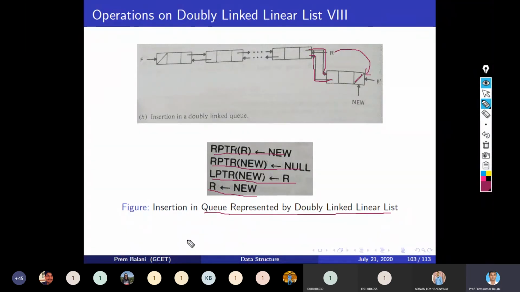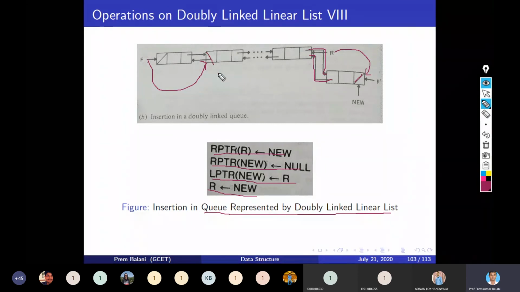So how simple and interesting the algorithm is, right? In the exam it may be asked: write an algorithm for a doubly linked linear list to insert a node in the queue or delete a node in the queue. In the case of deletion, you have to update the front pointer from this node to this node, and the left link of this must be set to null. Are you getting this? Yes, sir.